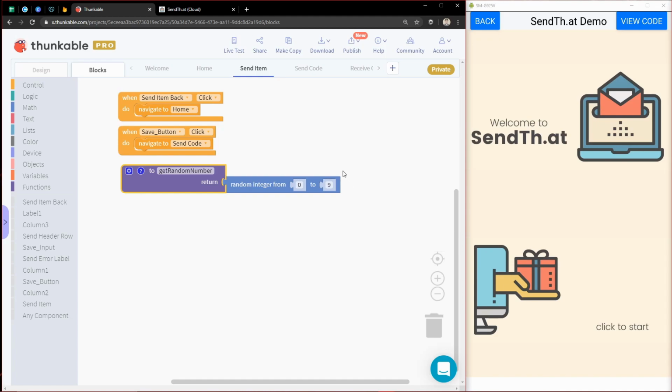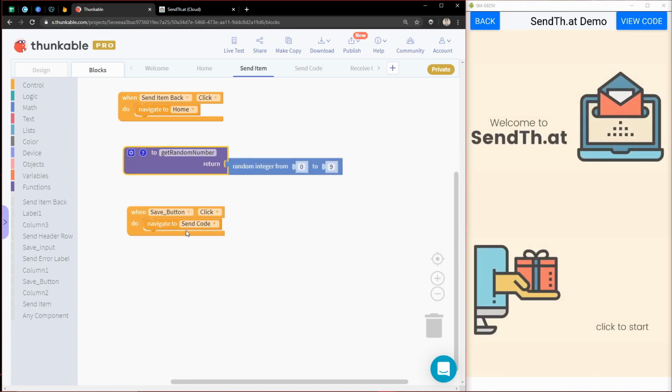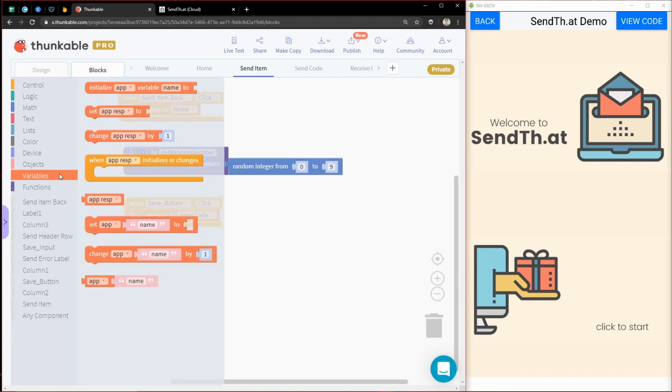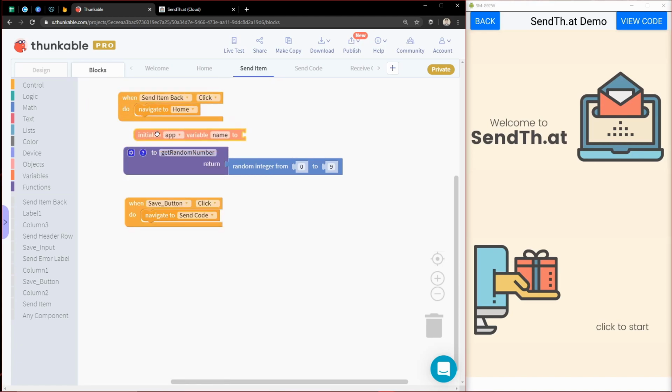So when do I want to generate this random code? Well, I want to do that in this. So before we go to the send code screen, before we move over there, I want to generate this random number. And since I'm sending something from this screen to this screen, I need to store that value somewhere. And so I'm going to store that in what we call a variable. And this is going to be an app level variable, meaning it doesn't need to be stored long term. It can just live in this app. And so I'm going to call this variable code, because it's going to be the code that we're going to use. And so when save button is clicked, I want to set this code